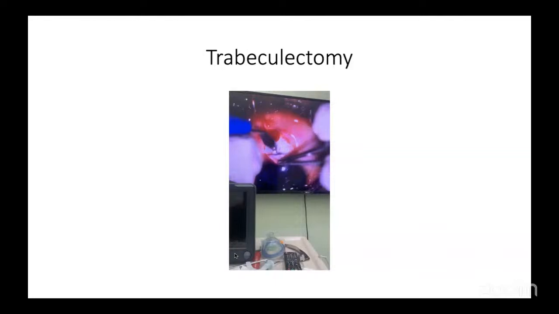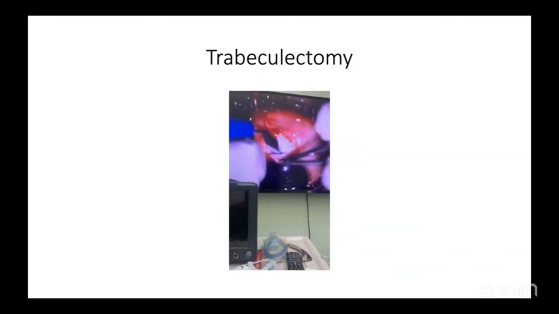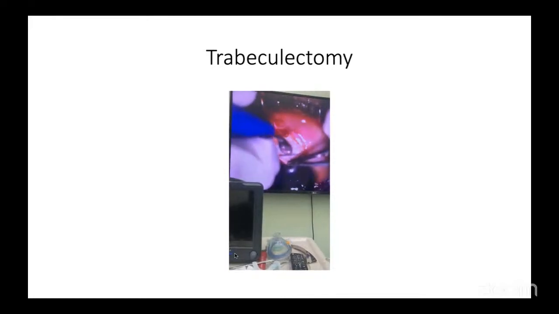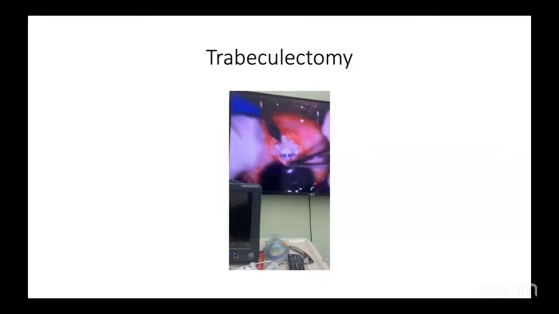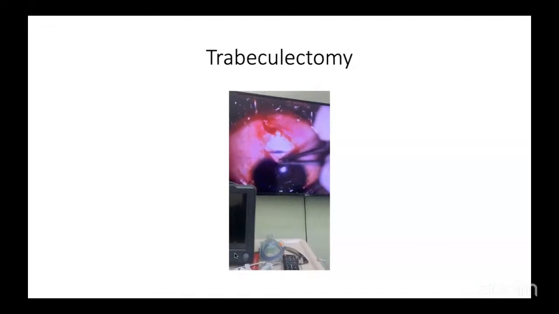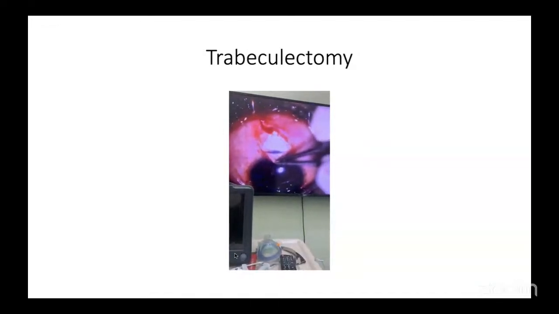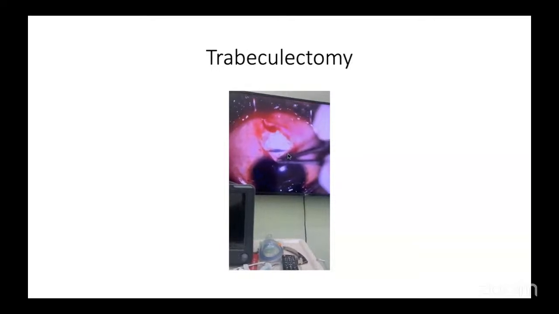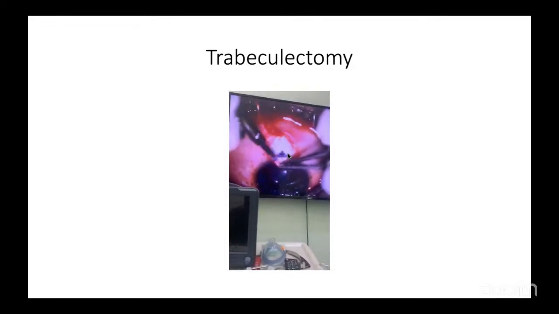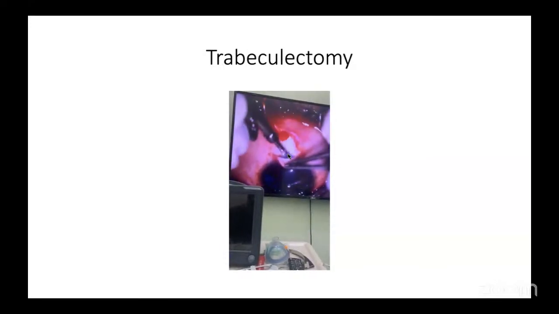This is actually Rex's process. So sometimes you can have a problem here. If the ostium is not big enough, you may have problems pulling the iris out of it. So sometimes what one needs to do is to enlarge the ostium a little bit so that effortlessly you can drag the iris without causing much damage to the tissue. And then you can see here that,